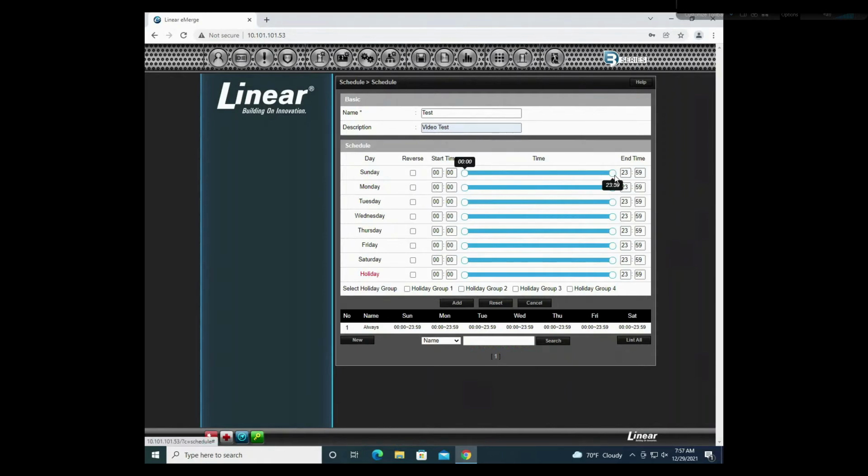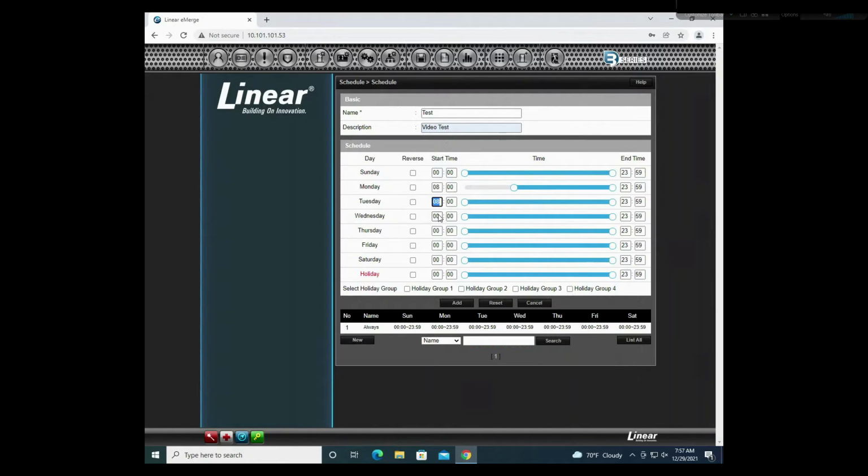This is going to be in military time, and we can use the sliders here, or we can change the actual numbers in the boxes to change when it opens or closes. So the start time here, so this is our schedule. We're going to simulate our business hours. So the start time is going to be 8, and we can just copy